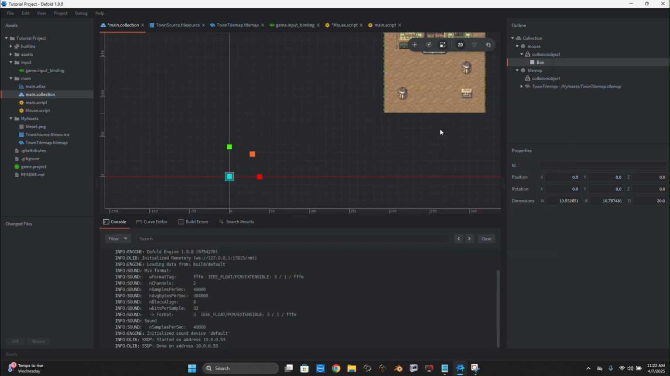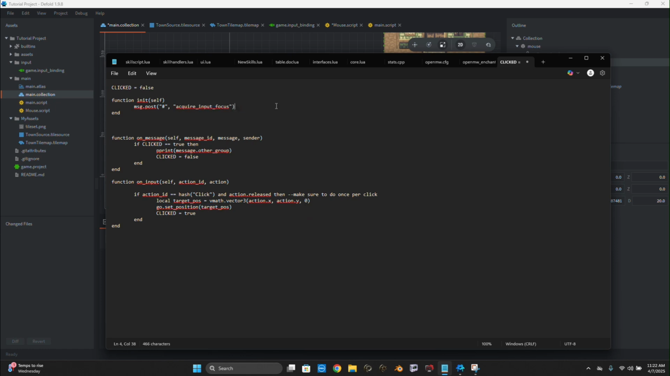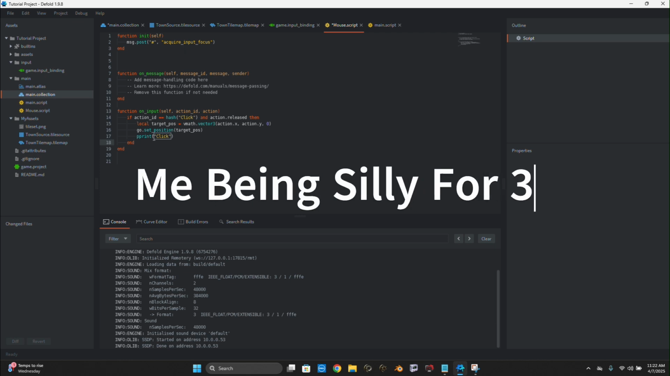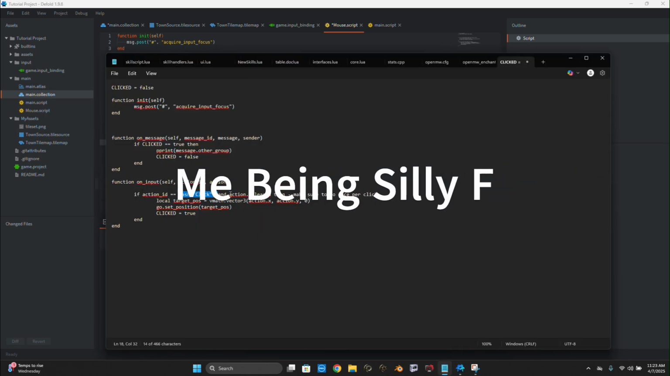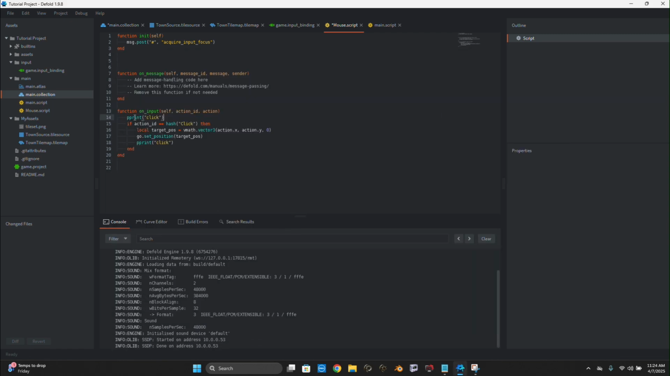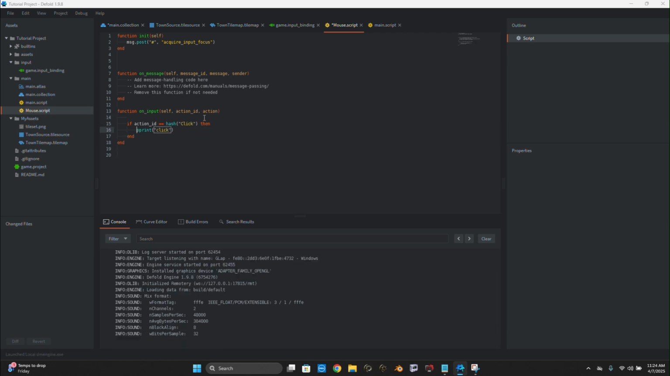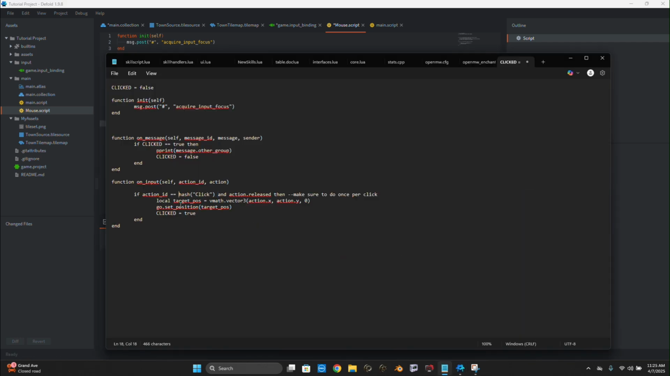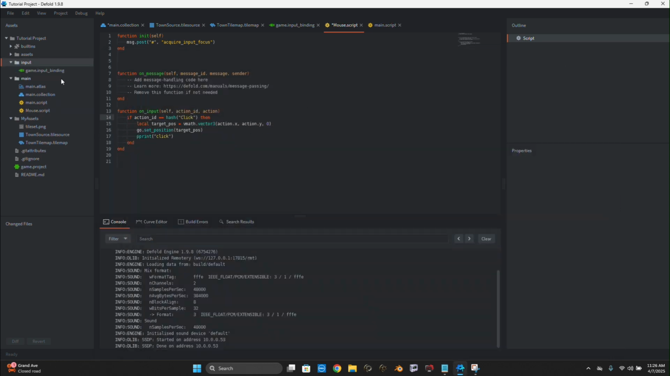So on click, we should be getting a message here. Let me just double check here. Acquire input focus on msg.post. So we're just going to go to our mouse script, and then we're going to click. What I forgot to do is we're going to go to the assets, or we're going to go to our